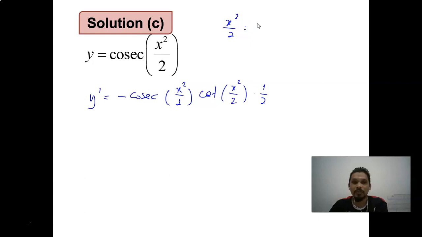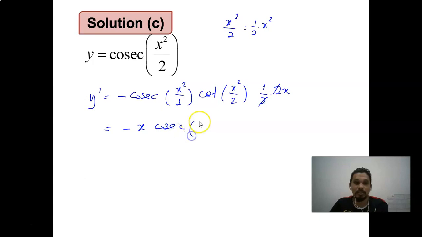We can also write this as 1 over 2 times x squared. So then differentiate half x squared, differentiate x squared, 2x. Okay, so then here now 2 divided by 2. Then simplify, bring x in front here, negative x